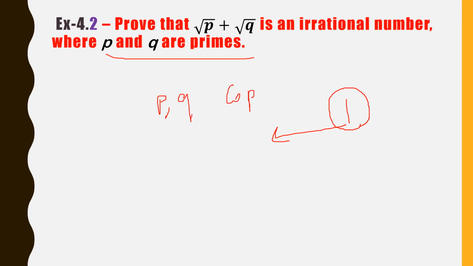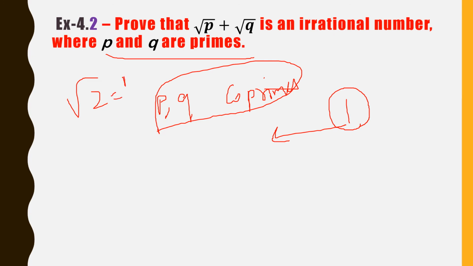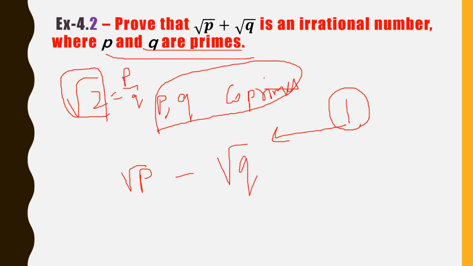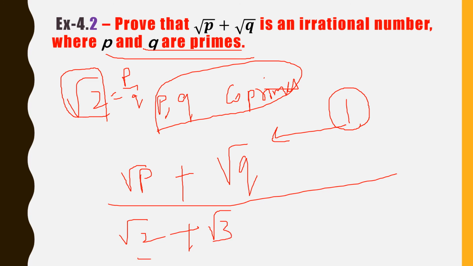When you are taking co-prime numbers, we already discussed in our root 2 irrational number proof, when you took root 2 equal to p by q, where p and q are co-prime numbers, we proved that this is an irrational number. So root p will also be an irrational number because we took these as primes. Root q is also an irrational number, then the addition of these two irrational numbers will be an irrational number, like root 2 plus root 3. This is also an irrational number, because in our 4 marks problem we discussed this, squaring on both sides, and at last we proved that it is an irrational number.